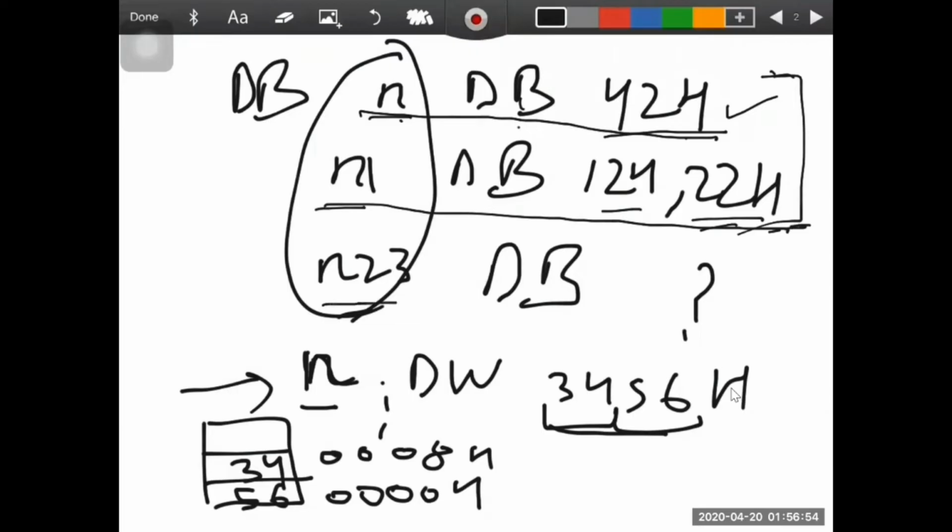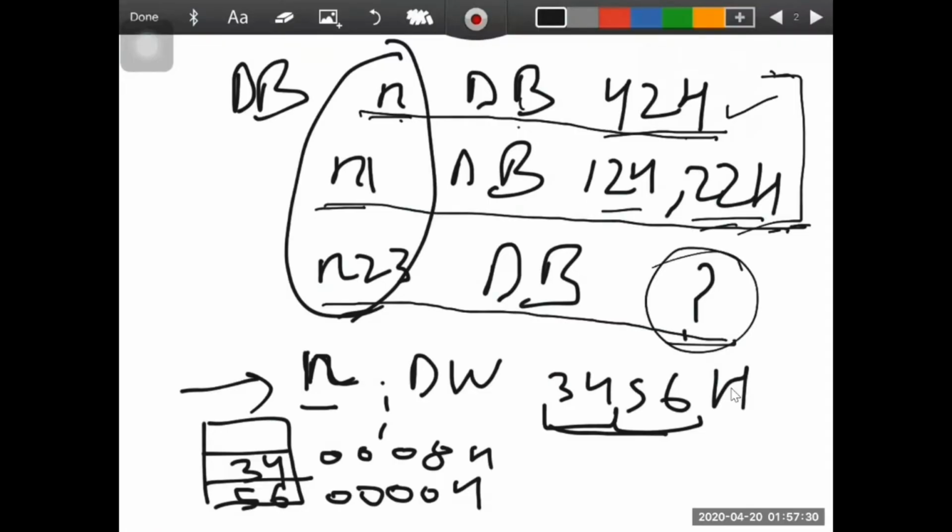Third one is N2 DB question mark. Now what does this question mark indicate? This question mark indicates that we are reserving 1 byte for future purposes. For example, we are performing the addition of two numbers, let it be X and Y. We want to store that result in some memory location. So in advance, we are reserving that byte for storing our result by putting the question mark. This question mark indicates to reserve a 1 byte memory location.